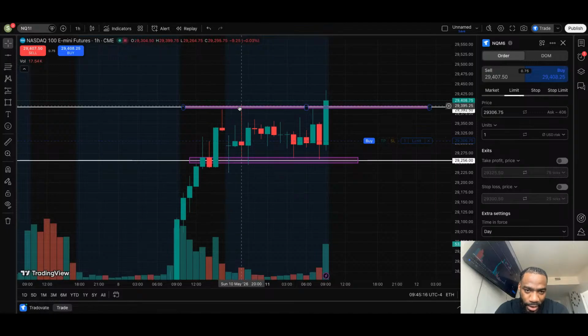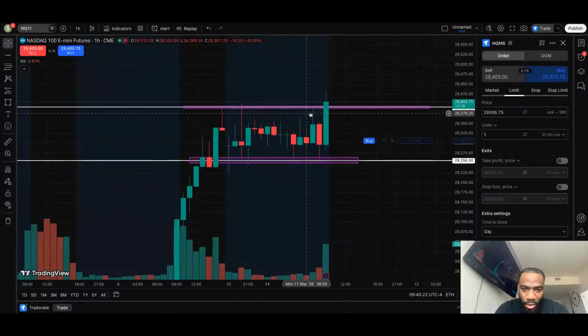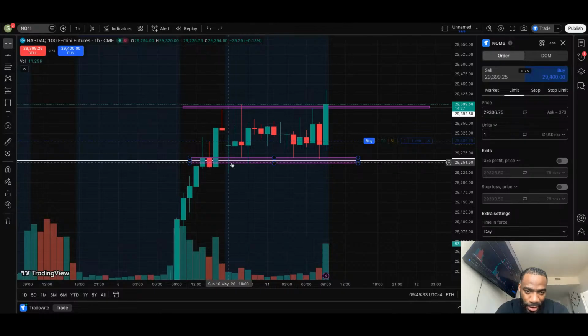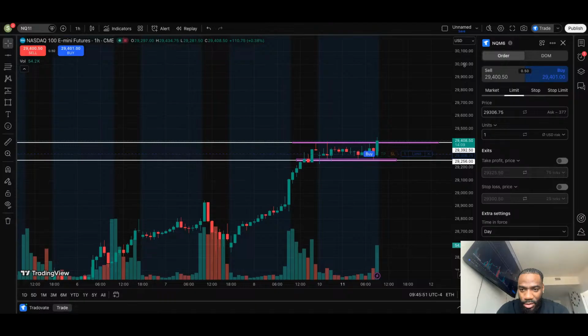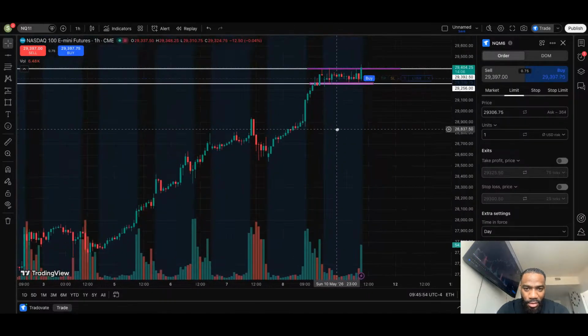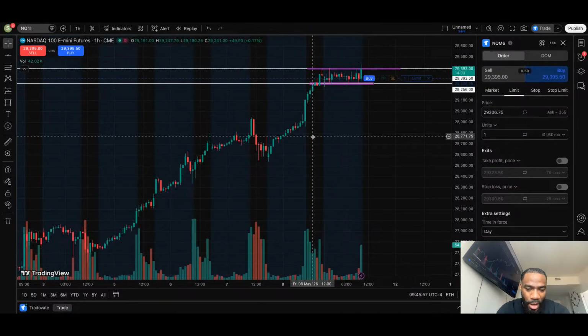But if you could see price hit this area here and it just dropped, hit here, dropped, it came back here, dropped. It's trying to break through this area right now, but history has shown in the past that every time it's come here, it came back down. And vice versa, over here, every time price came here, it bought, bought here, and bought here. So I like this area. I feel like it's a strong area to catch buys. Right here is the strong area for sells, but I'm not looking to sell because this whole trend is going up. So I wouldn't even look for sells.